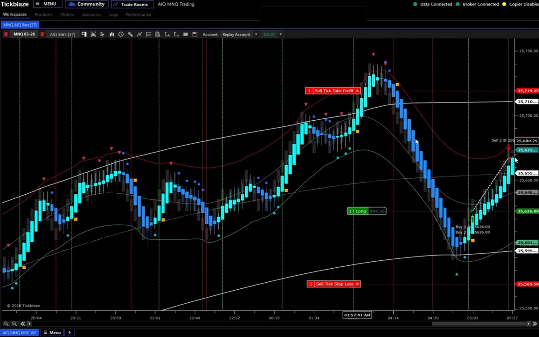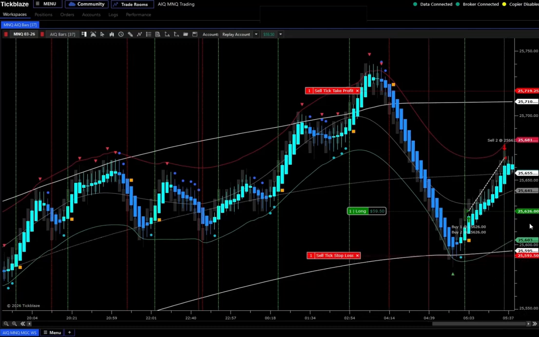So that is first target hit. Let's move my stop right up to there. We're going to keep it below these lower bands, and I will trail it. For my second target, I'm going to look to stay above the inner band. So if this starts climbing up, I'm going to keep pulling my target up to stay outside of that band,